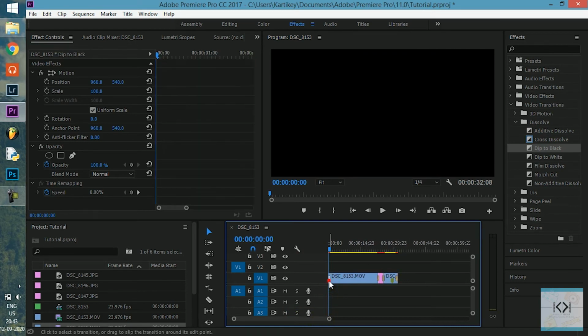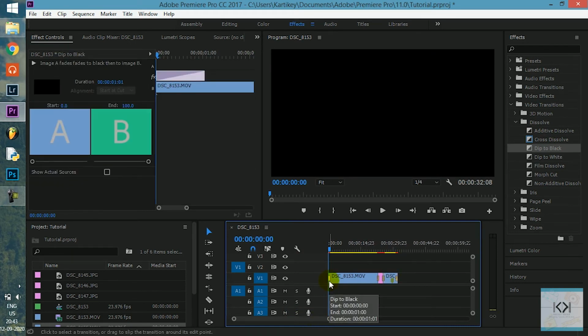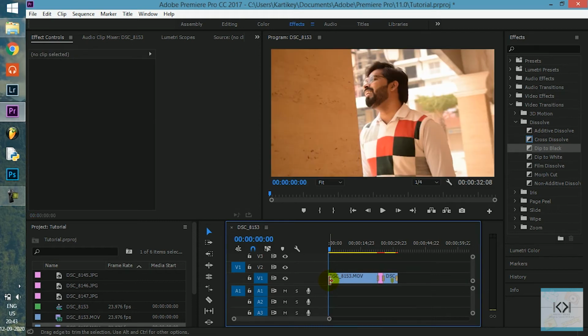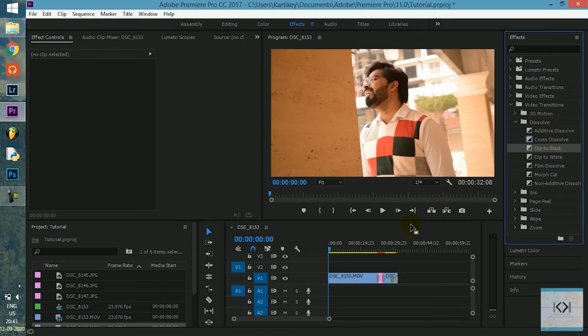Earlier, as you can see, if I click on the transition and I delete it, let's say, so you will see that at 00 you can straight away see my video appearing. This might be the choice of individual, but what is always better is to initiate a video with a black screen. Okay, so what I will do is I will select the video